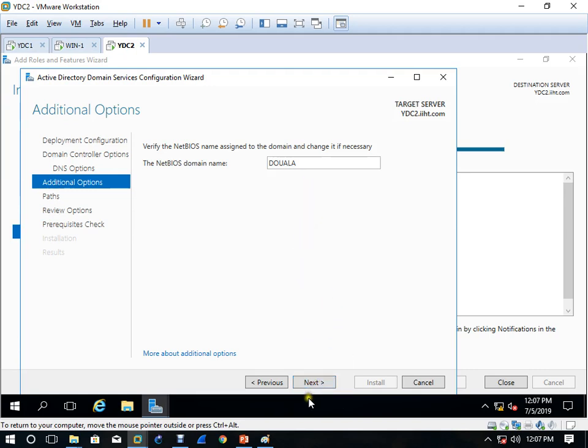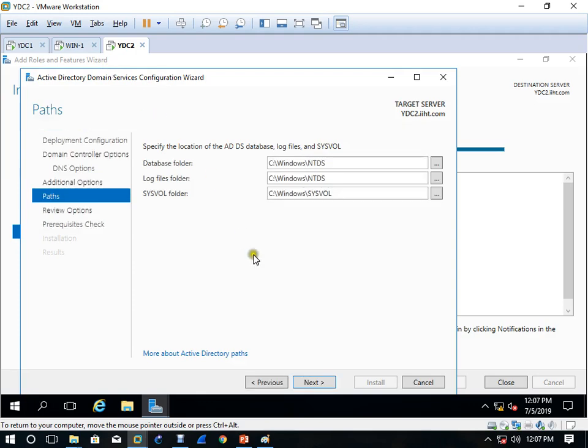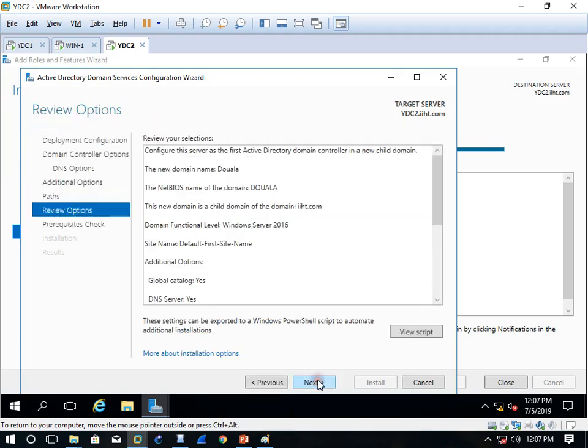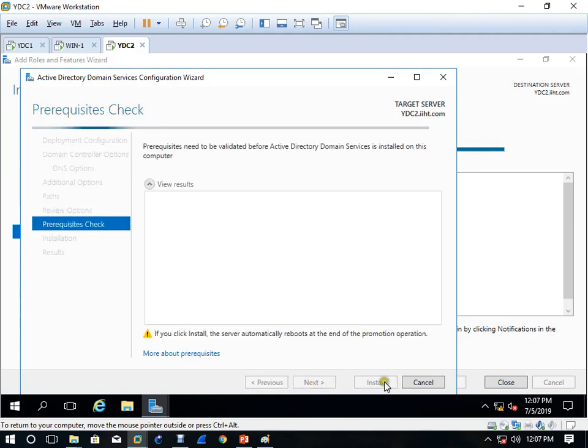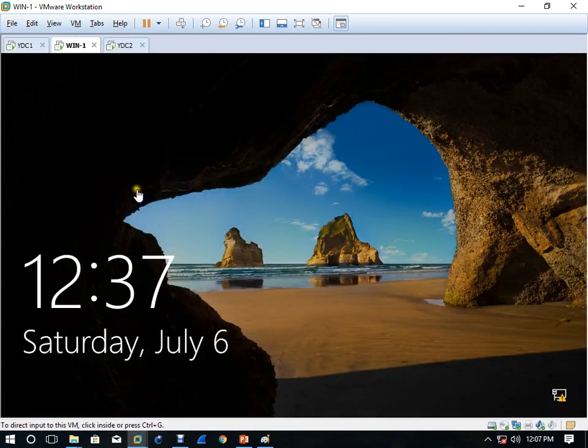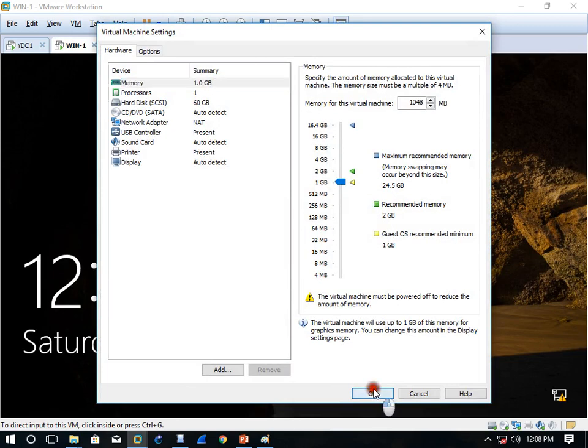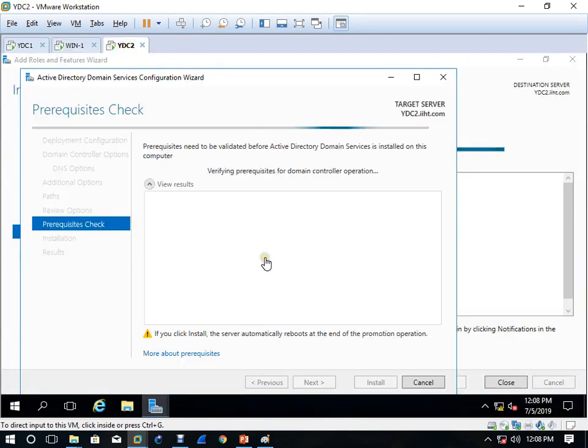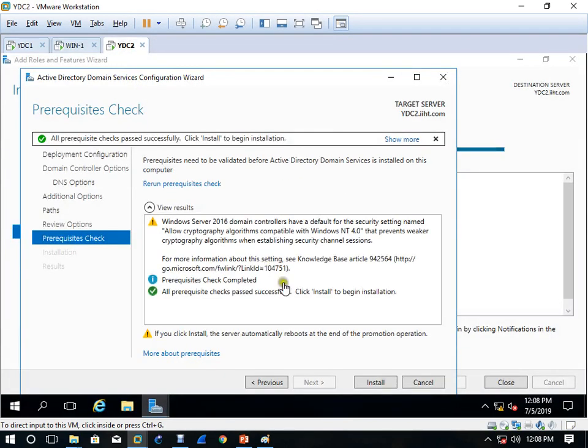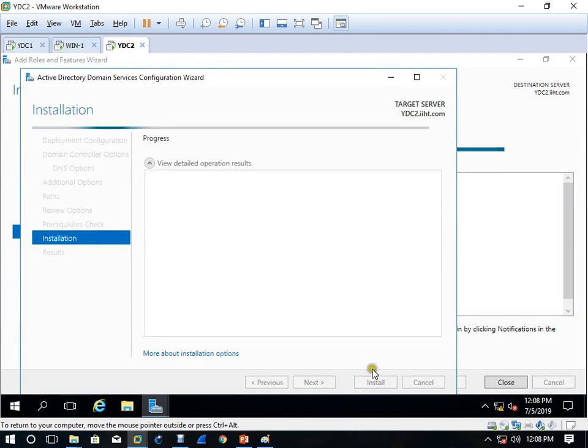Douala. Okay, network. Database location, next, next and install. Okay, install it.